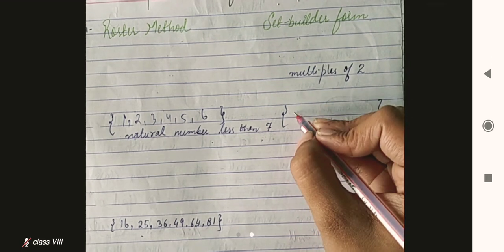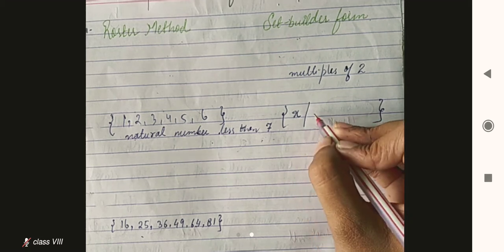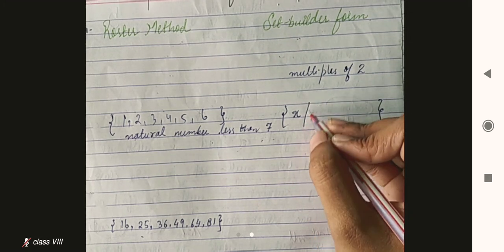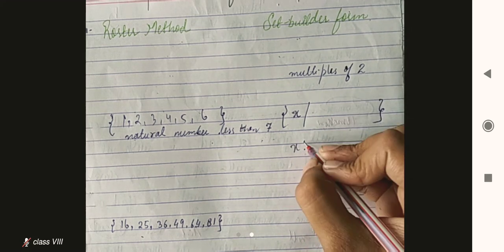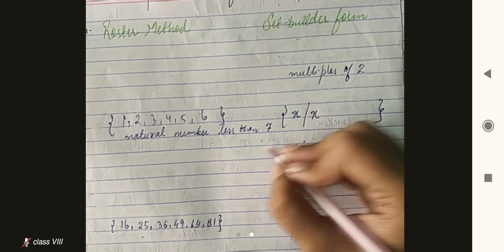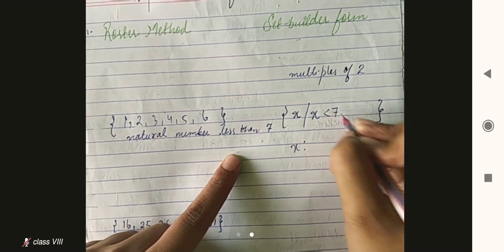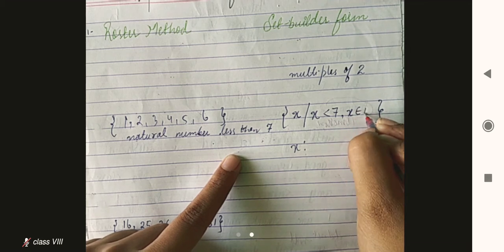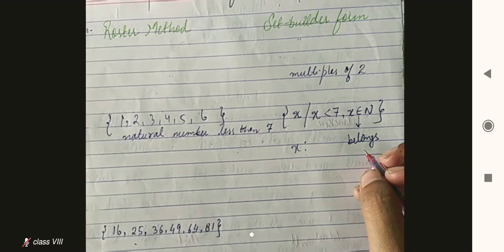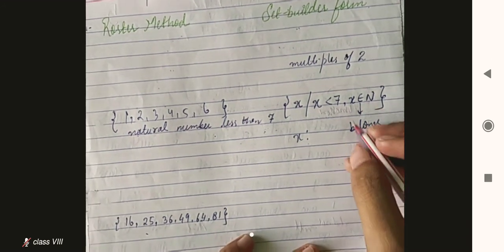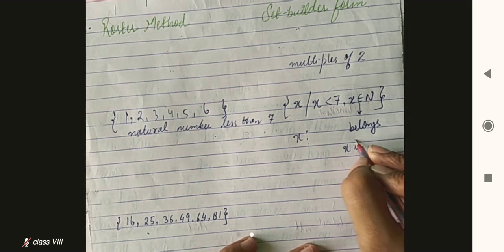Here you will start with x, we don't know what x is, such that, this is the representation of such that, or you can use it like this also, okay. X, what is x? X should be what here? A natural number less than 7. X should be less than 7, and x is a natural number. This is the belongs to sign, belongs, okay. We have studied it already. So x belongs to natural number, or you can write it in a statement also, that x is a natural number.